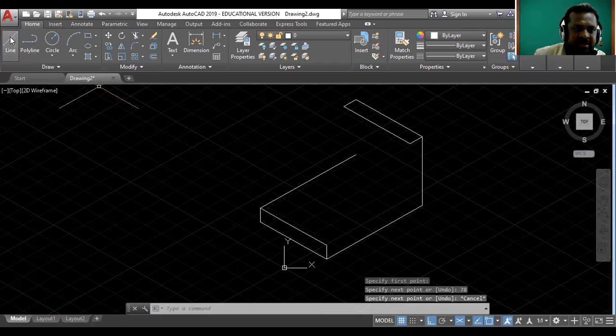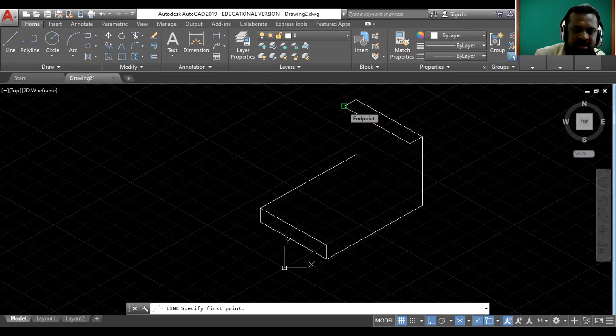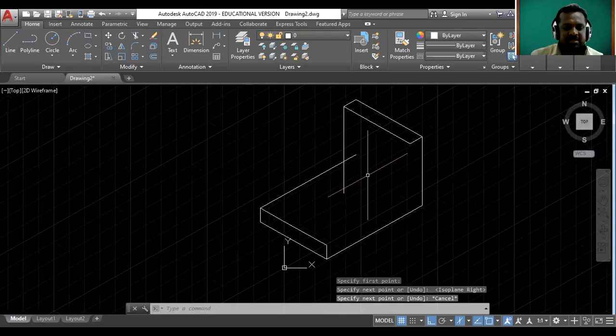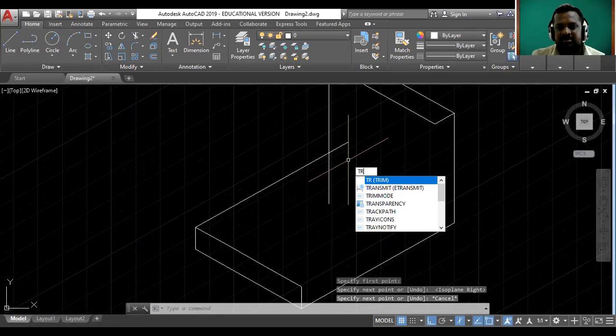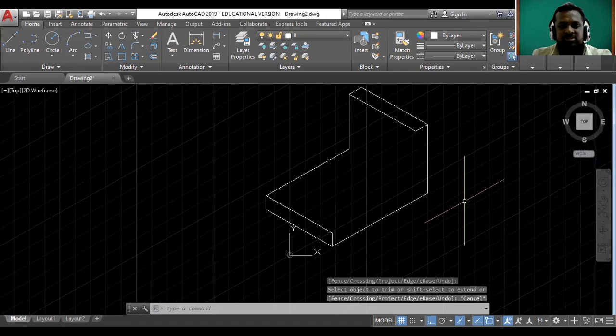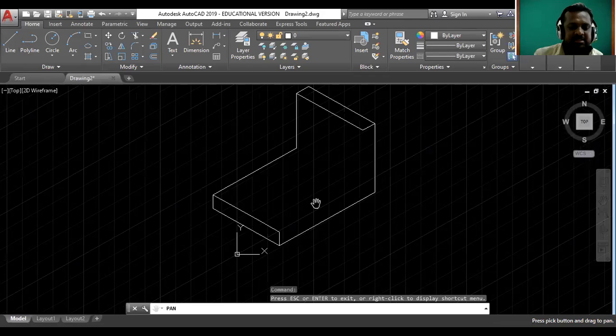Then we have to take the line and from this top point we can draw one vertical line. Press the F5 to change the plane, and here we have to draw. Okay, see here that both the lines are going to match. So we have to trim the remaining portion. PR double enter. So this portion, and here this portion. Okay, that means the outside portion is completed. Now it becomes very easy.